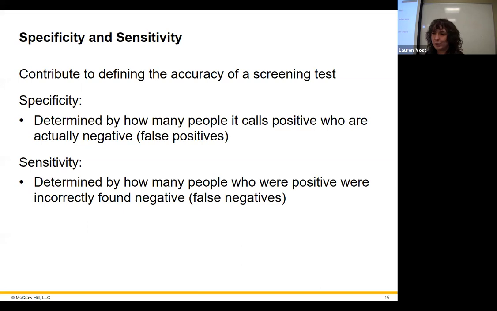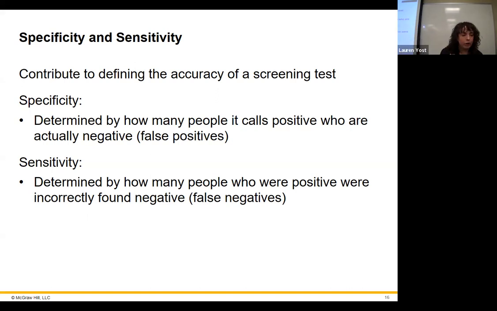All right, specificity and sensitivity. This is the one that's going to trip people up. Let's just go through them. Specificity is determined by how many people it's going to call positive who aren't. So this is determined by the false positives. How specific is it? The more specific it is, the fewer false positives. It's not just going to call everything positive accidentally, broadly, in an attempt to call it all. It wants to be only calling what's positive, and not other things positive, okay? So that's what specificity is concerned with.